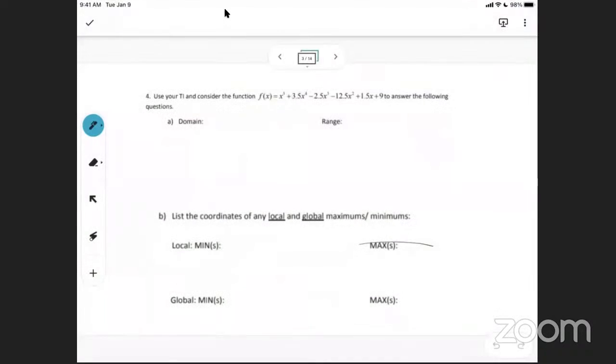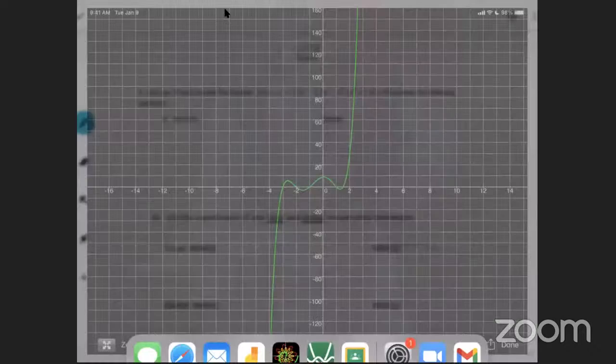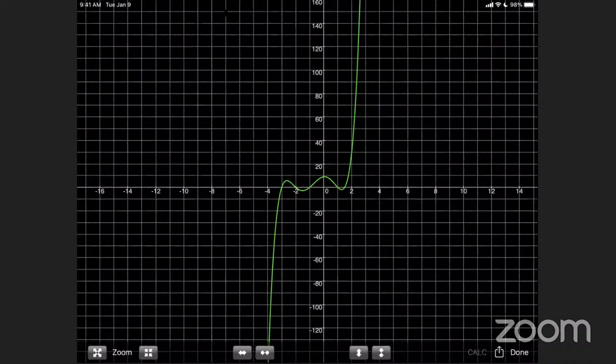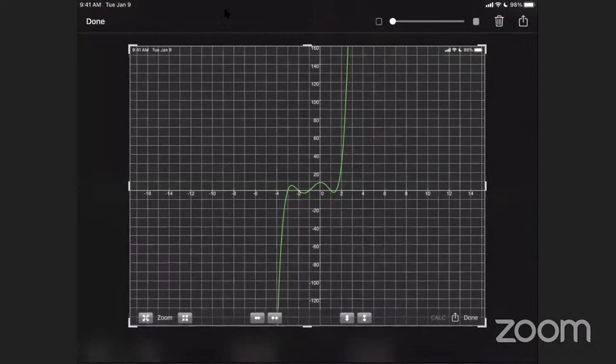Okay. Now it's asking what's the range, and the range also, you can tell. I didn't even need to use a graphing calculator. I could have told, but I wanted to do it so you could see. What's the range of this? All real numbers. Yeah, it's all real numbers. So the way I like to think of this